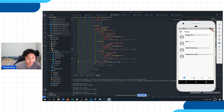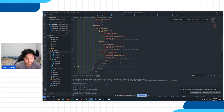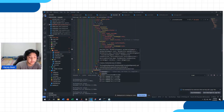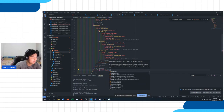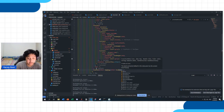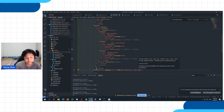Okay. And then I'm just gonna go with that. And then after this, maybe let's add flex 5. So with that, after this, we're gonna have another Expanded Column, and inside the Expanded is a Padding. So inside this Padding is a child of an Icon, and this Icon will have Icons.expand_more, and inside this